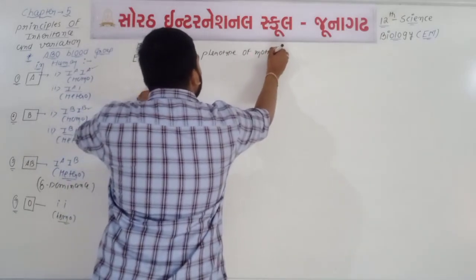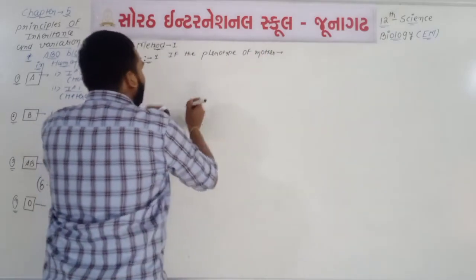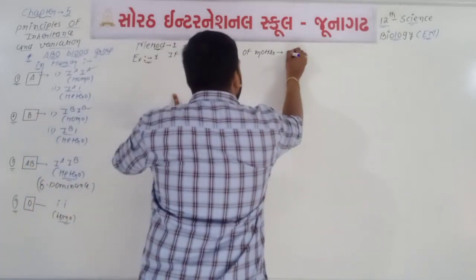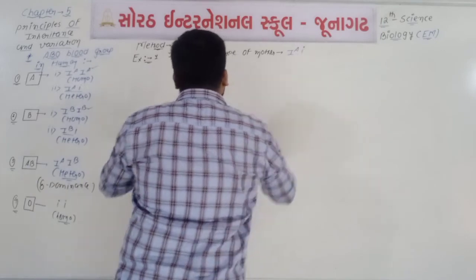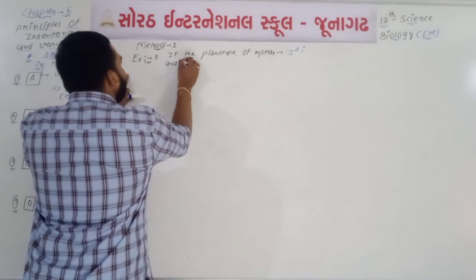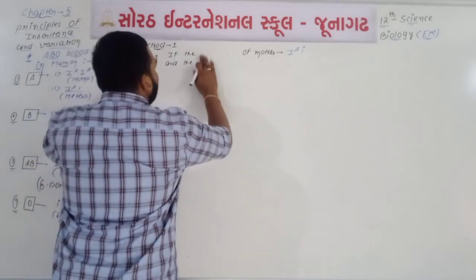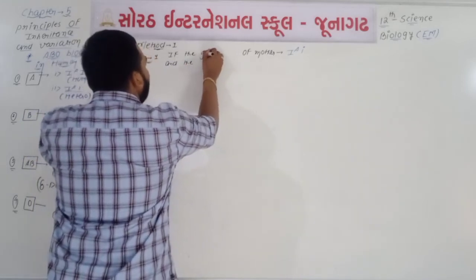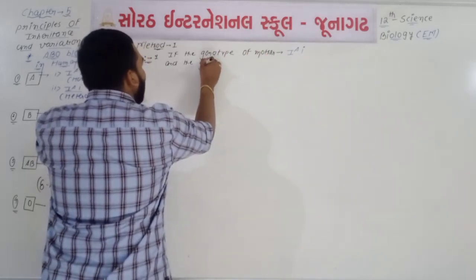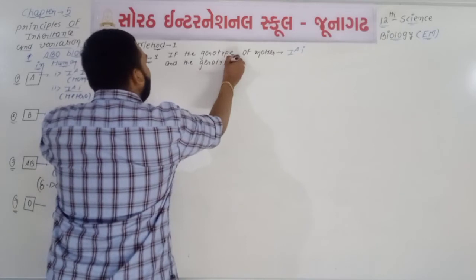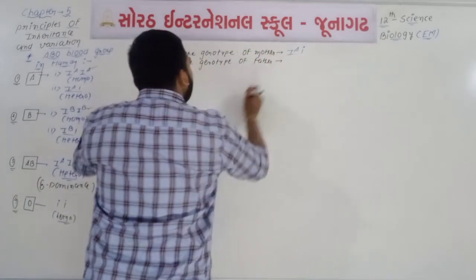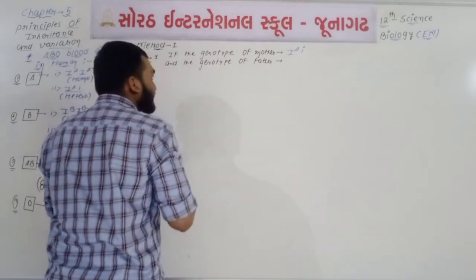Okay, if the genotype of mother is I^A small i, and the genotype of father is I^A I^B,